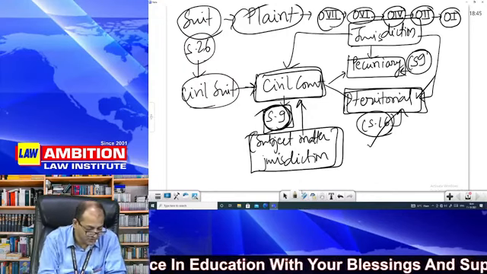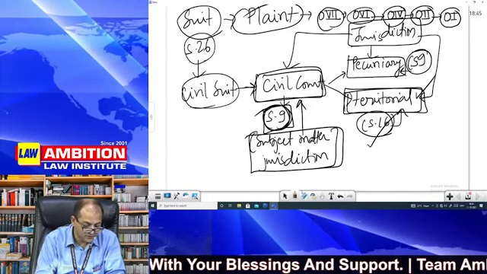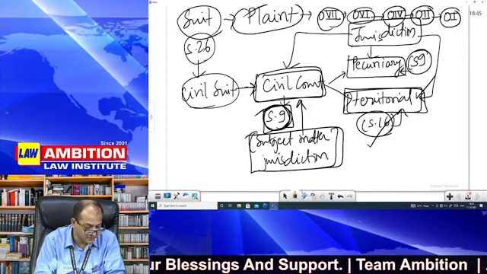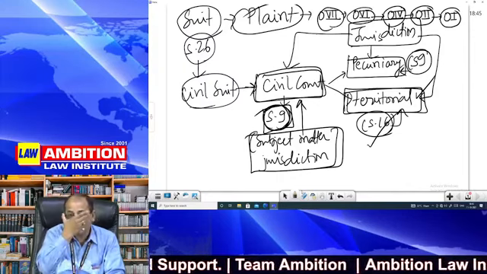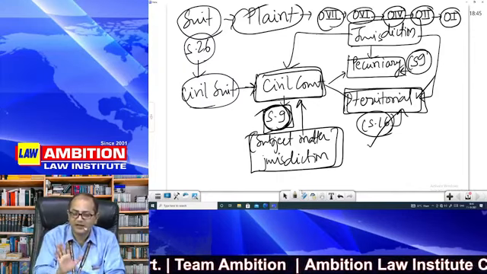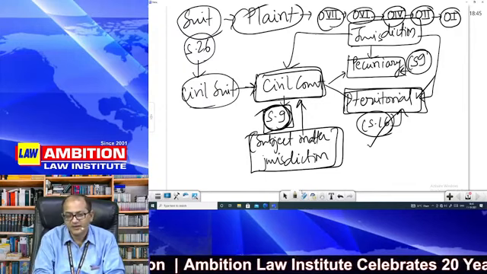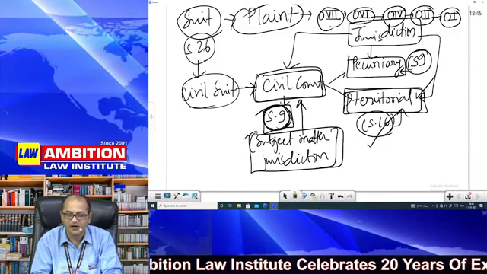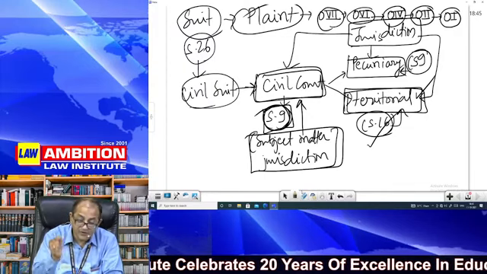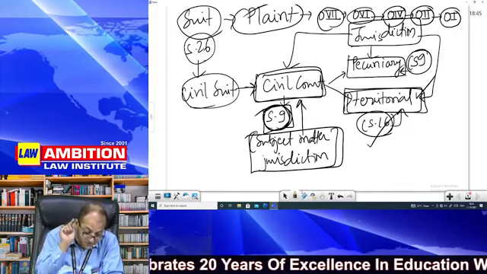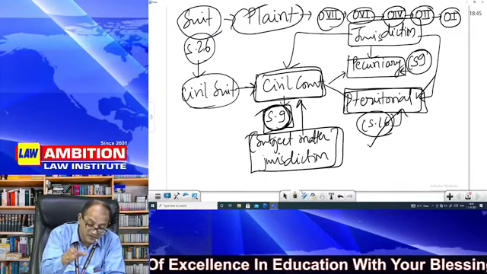Don't write anything in the group, please. Every suit shall be instituted by presentation of plaint or in such other manner as may be prescribed. कितना अच्छा लिखा है। तो चैट में लिखने से आप वही देखोगे, बैरक नहीं देखोगे, और मैं चैट देखना नहीं चाहता, मैं बैरक देखना चाहता हूं। तो कंसंट्रेशन भंग होगा आपका, you will be distracted more than me. So, देखो एम्फेसिस, every suit shall be instituted, mandatory language, every shall be instituted